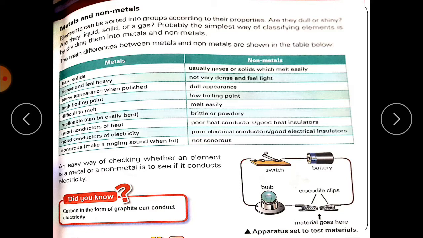Okay, now just see this circuit. Okay, how we can see how electricity conducts. This is the apparatus set to test material. What do we do? We apply a switch and we set a battery. Okay, now we have applied a bulb and crocodile clips, from where we can have an idea that we can switch on and off. Okay, and when electrons go from one place to another place, what happens is that electricity conducts, and if electricity does not conduct,